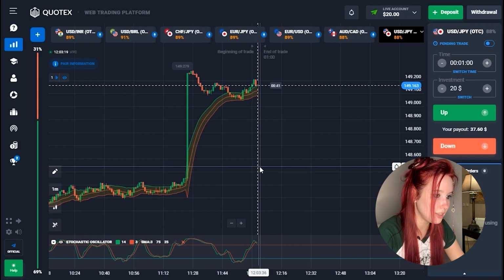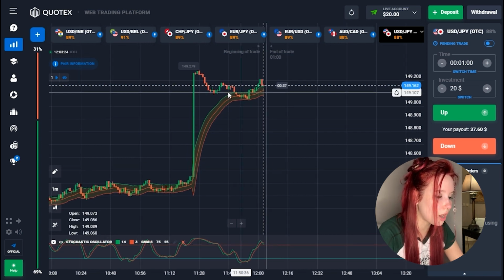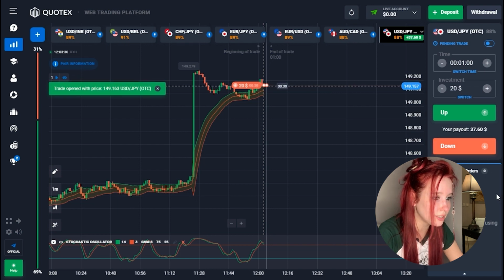So indicators have been added, currency pairs too. Let's choose the right moment for our first deal. We can see that the green line on the stochastic oscillator crosses the red line from top to bottom. We also see that the price is at the resistance level, and I think that in the near future the price will decrease slightly. So let's make a deal and see what happens.